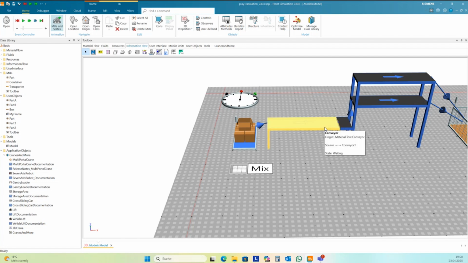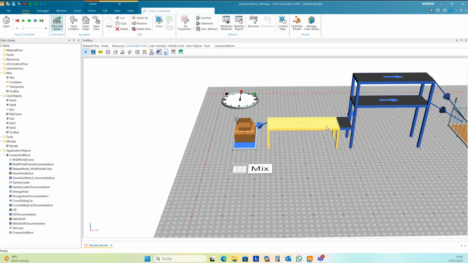Next, I want to have different destinations for the parts that the lift needs to transport. Part 1 should go to conveyor 2, and part 2 should go to conveyor 3.